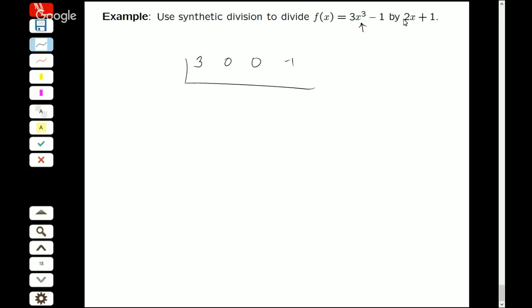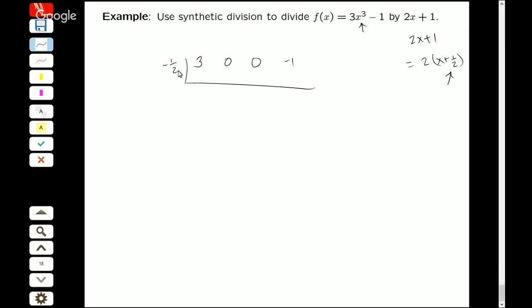Now, this right here, I have a 2 times 2x plus 1. It has to be in the form of something x minus or plus something. So if I factor the 2 out, what do I have left inside? Plus 1/2. So I have to change the sign on that, and what do we get? -1/2. So we're going to divide by our -1/2